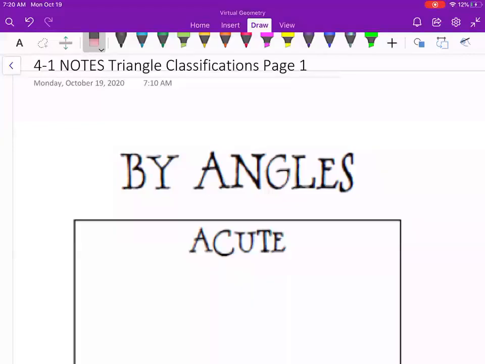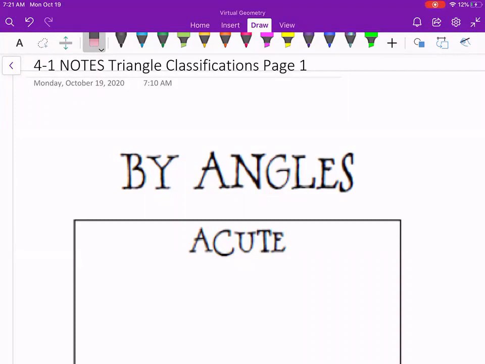All right, hi everyone. Let's go ahead and get started with our next chapter. We're going to be looking at triangles for this entire next unit. So we're going to start by looking at their classifications. Just like science has classifications for their animal and plant kingdom, we have classifications in geometry for our triangles